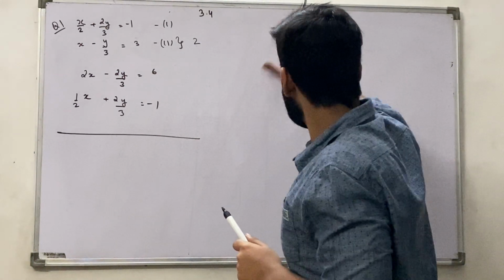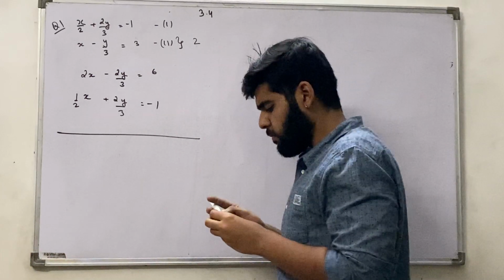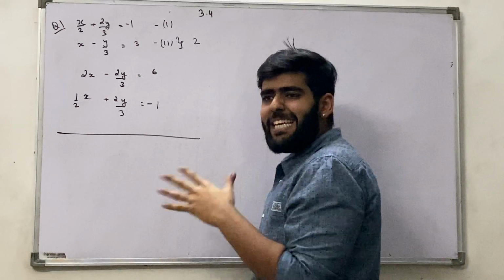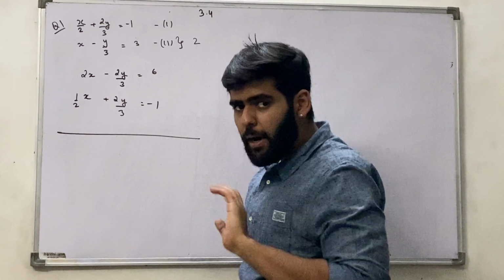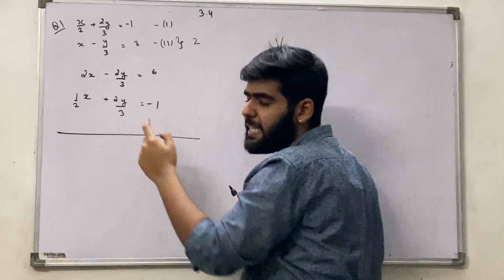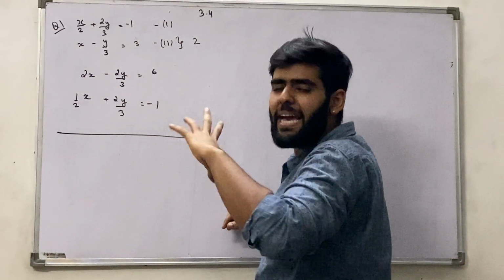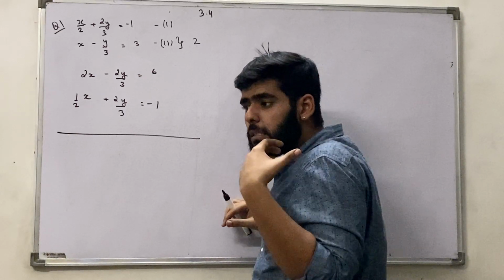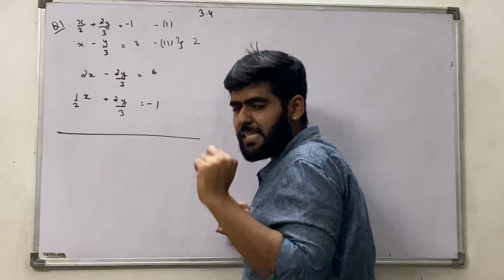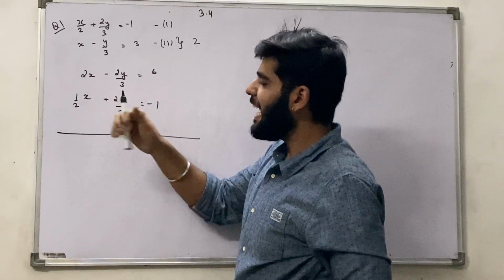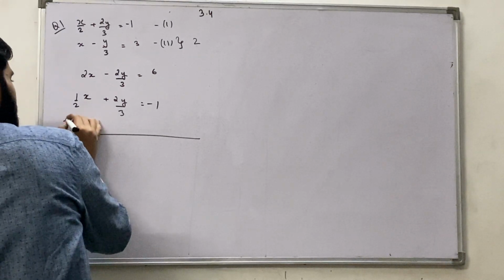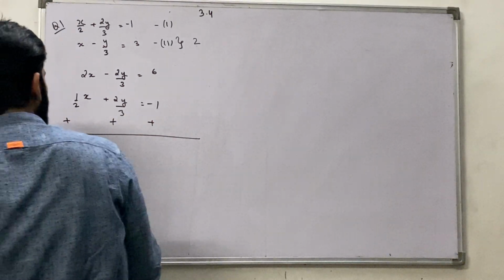So in this case, we just need to add these equations. We do not need to subtract these equations because they are already present in the opposite signs. This is an exceptional and a tougher question in that regard because they are opposite in signs. What will we do? We will directly add these equations up. For addition, what do we do? We only add a plus sign in the third line.